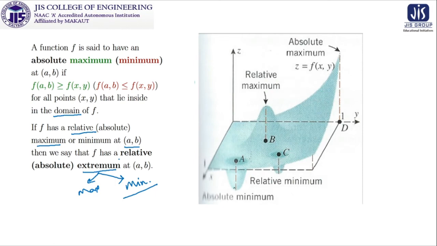So look at the diagram. Here we get two minima in the whole domain. It is a relative minimum, and it is also a relative minimum, but among these two this one has a lower value than the other, so it is the absolute minimum. And similarly here we are getting a relative maximum, and here also we are getting one, though we can't claim it because our domain is over, and we don't know whether it is going on or coming down. We can't claim about this relativity, but it is also a maxima from this particular structure. So among these two, this has the highest value, so it will be the absolute maximum.